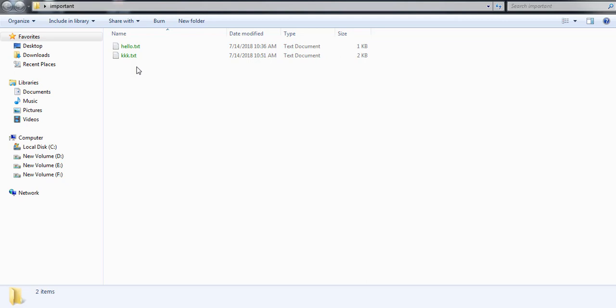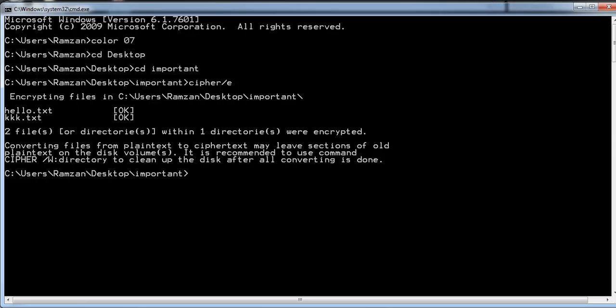For example, if your PC is accessed by any other person from any other computer, then if he does not have the password, he would not be able to read the specific data inside these files. Why? Because you have encrypted this. It would be shown to him in encrypted form, so he would not be able to read the text. He needs to decrypt these files by using the password, which you would have and he would not. So for example, I want to decrypt this data.